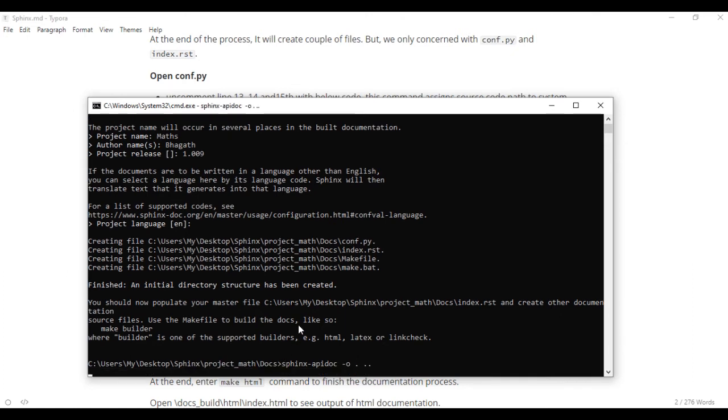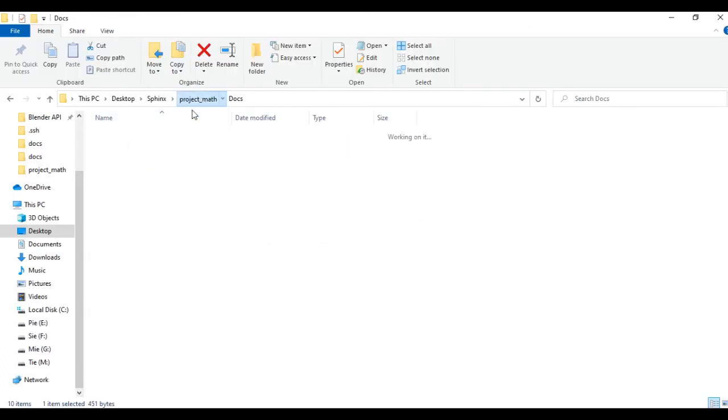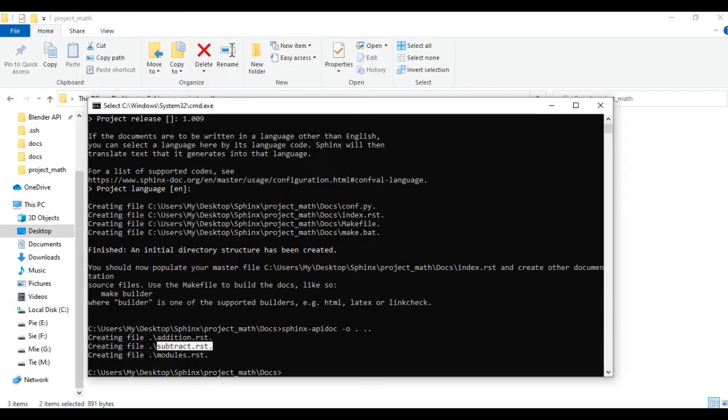It also takes a couple of seconds, and it has created addition.rst and subtract.rst, which are my module names, and also one folder with modules, which has both of these within it.